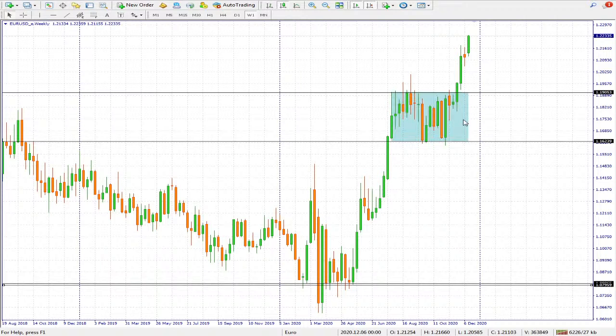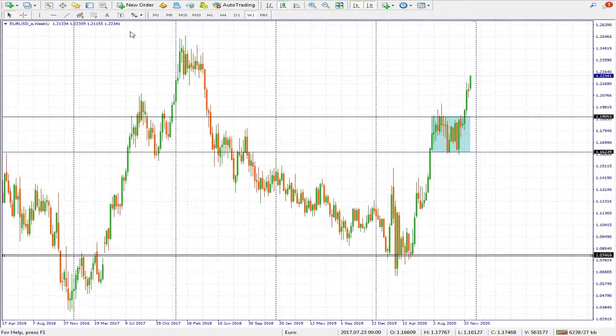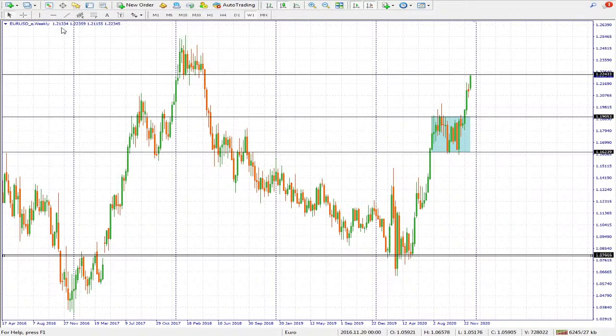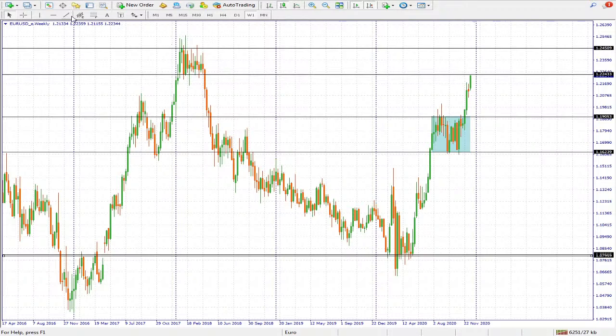So after this break here, we actually took a buy from this point. As it is now, we are still holding on to that position. We actually expect price to go up to this point. This is a level there, it's almost hitting it, and this too is another level. So expect a continuation, expect price to continue up to